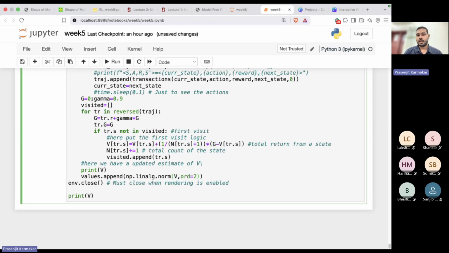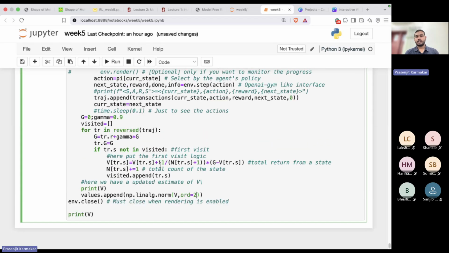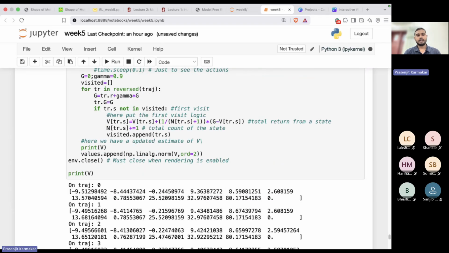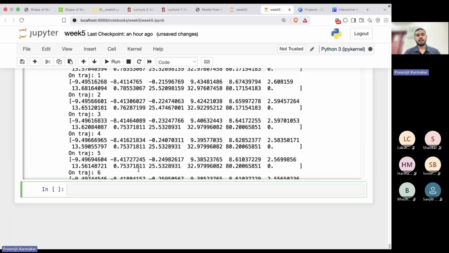Now if I just print this, after let's say 1,000 iterations, we can check whether it is converging to the right value or not. So let's see, and at the end we can always print V, right? So if I run this,